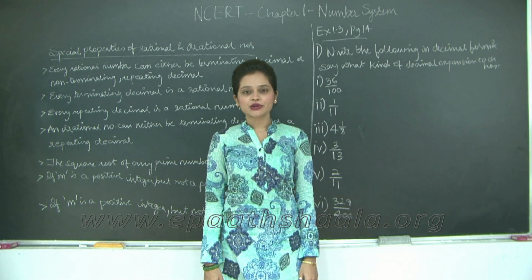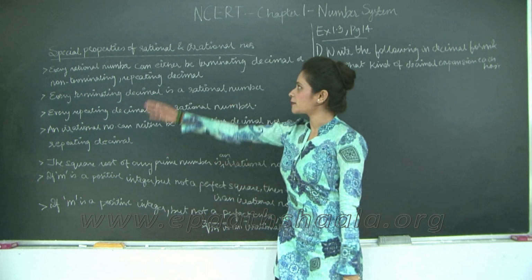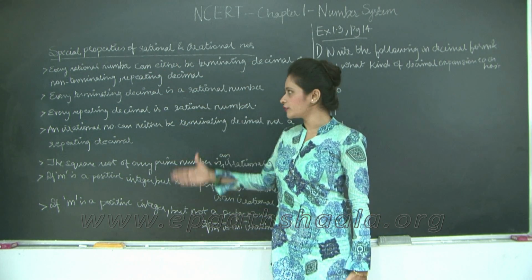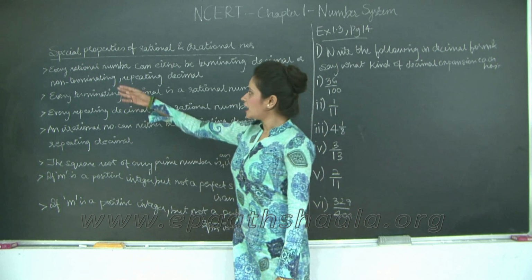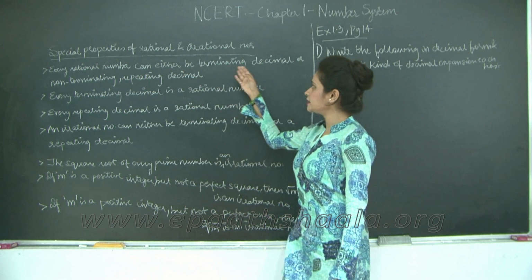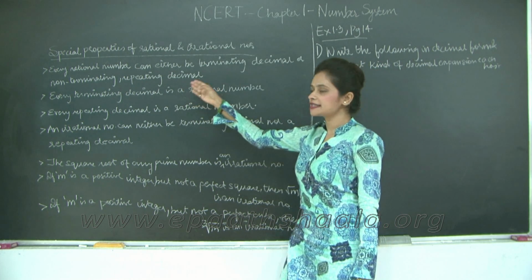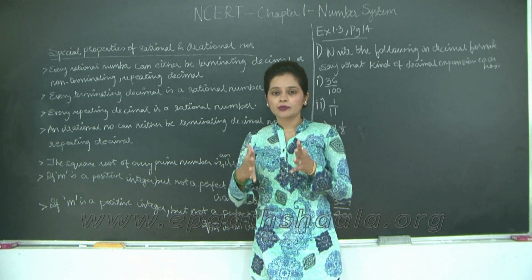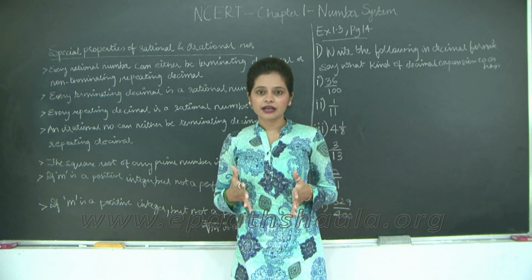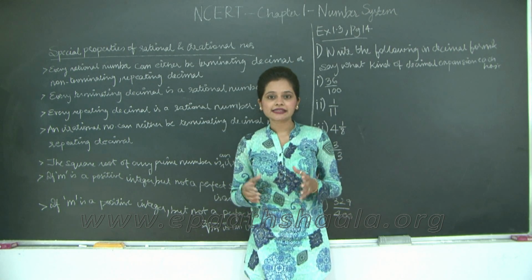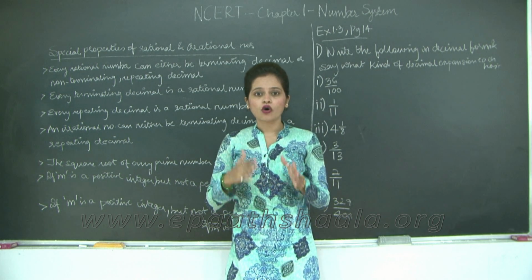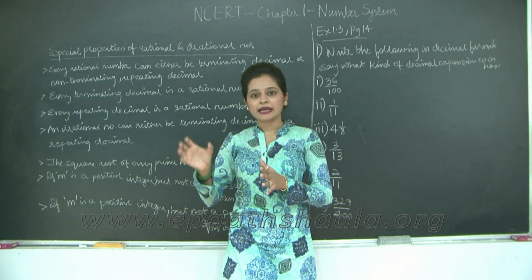Hello students, continuing with number system, let us look at certain special properties of rational and irrational numbers. I have listed them over here. So the first one: every rational number is either a terminating decimal or a non-terminating repeating decimal, right? We had seen in the previous examples that when we were dividing rational numbers, taking the decimal points, either the quotient terminated and we got a remainder of 0, or the block of numbers kept repeating in